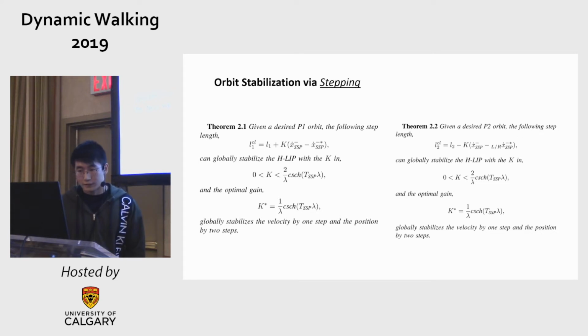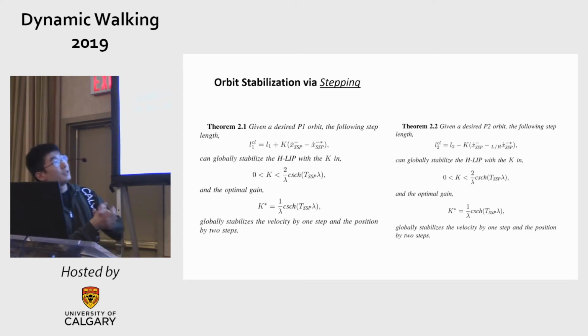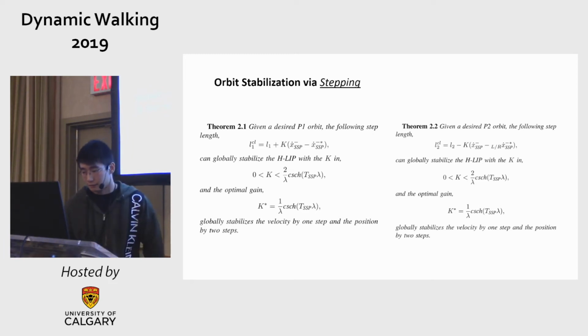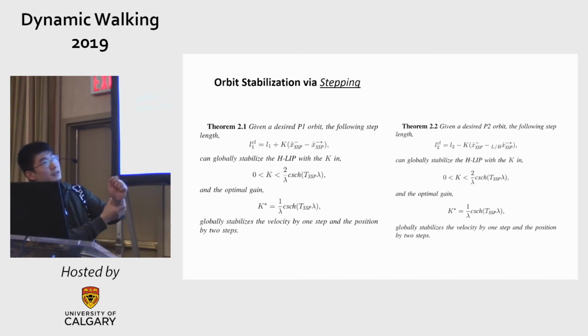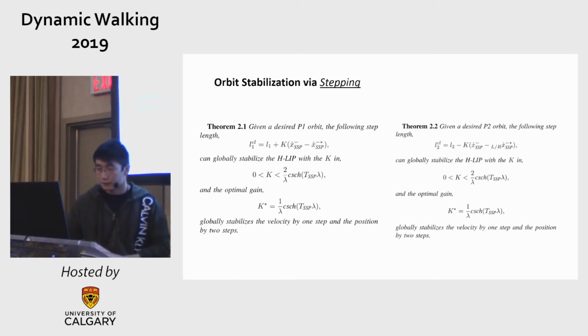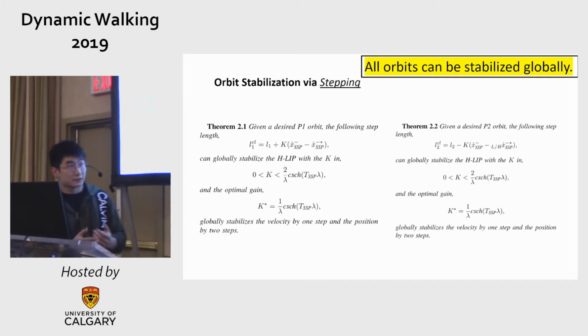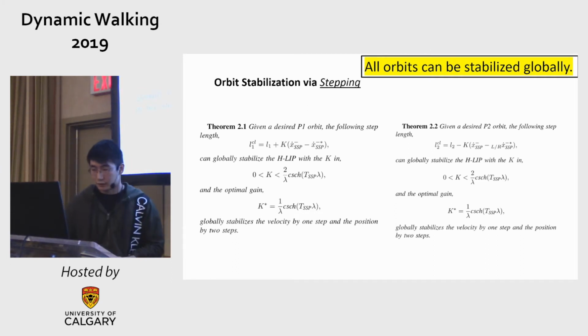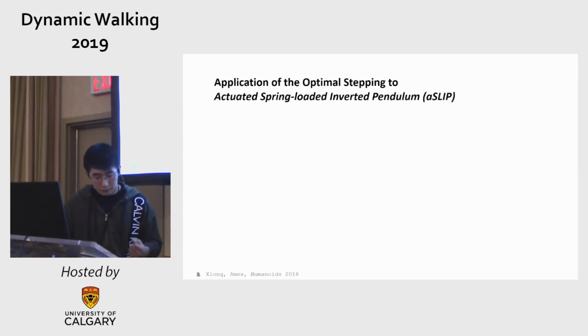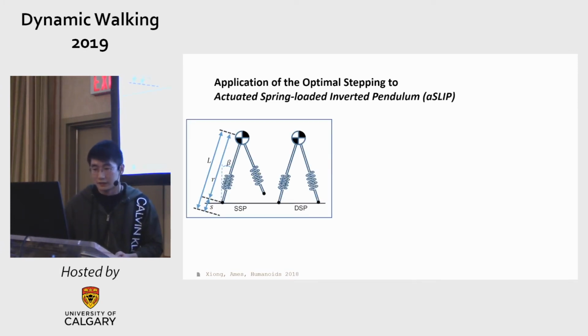So for P2 orbits, there is a very similar theorem. The only difference is there is a negative sign on the gains, and you have a different target velocity at the boundary state based on your support legs. Right. So the short message here is all the orbits can be stabilized globally, which is also a nice thing. Right? So we want to first try to use this kind of stepping controller on a similar approximated dynamics system,